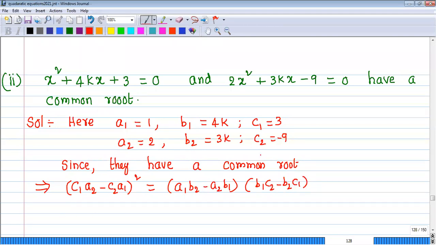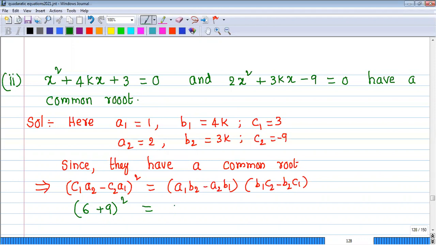Now C1A2 means how much will you get? 3 into 2, 6. Am I correct? Minus C2A1. C2A1 means minus 9 into plus 1. That is plus 9. Whole square equals to